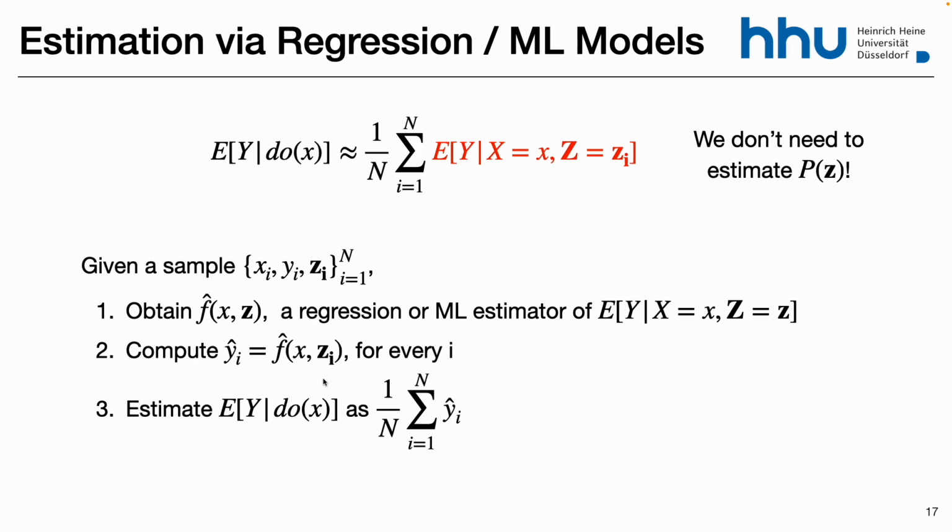Most of the time, these packages are only available for binary treatment. So most of the techniques are focused on X being binary. They have been extended to multi-category variables. So instead of having 2 values, you can have multiple categories. And very few methods allow you to have X continuous. So this is still ongoing.